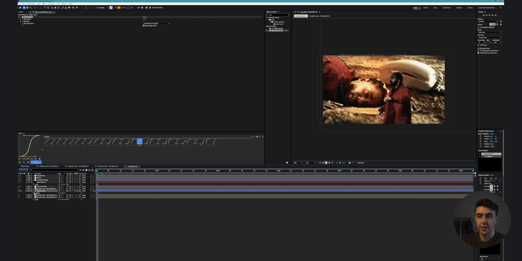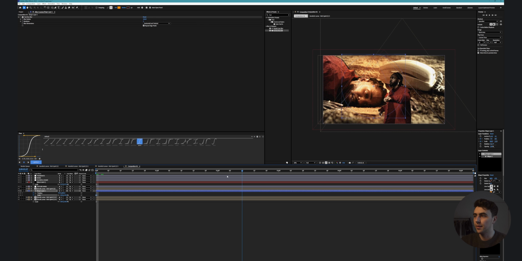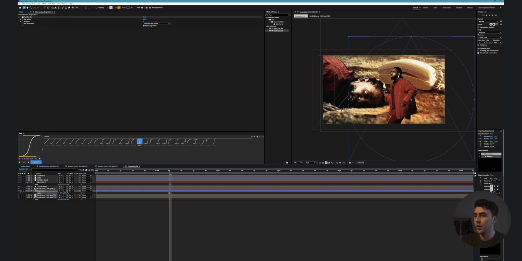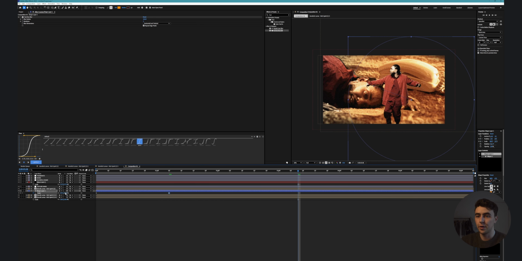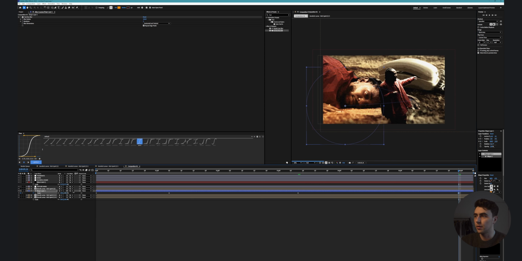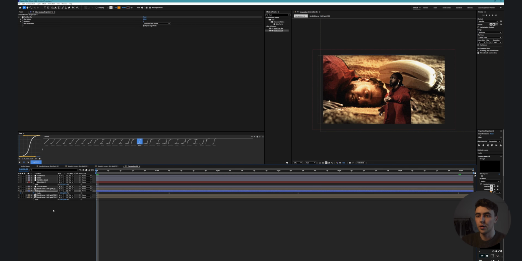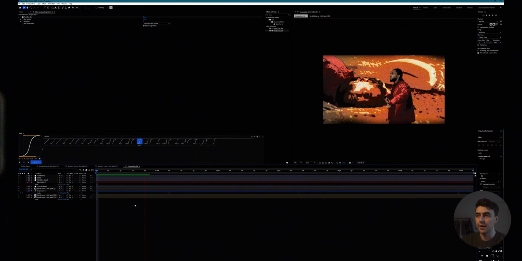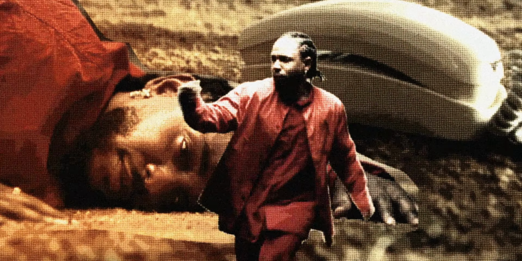Now we can just set a position and a scale keyframe, press U, and you can just do whatever you want with it, basically. It's completely up to you, but yeah, I think something like this is going to look really good. Right, so this is the effect that we get. I think that looks really good, and it is fairly simple to kind of fill that out,